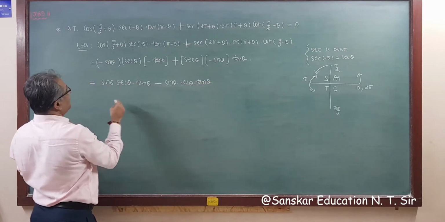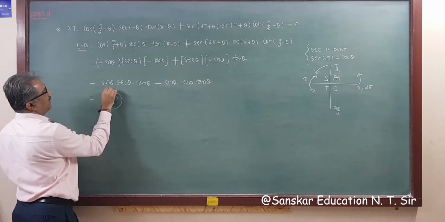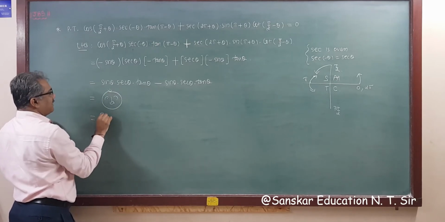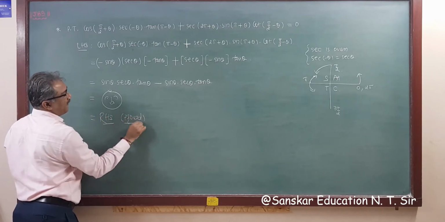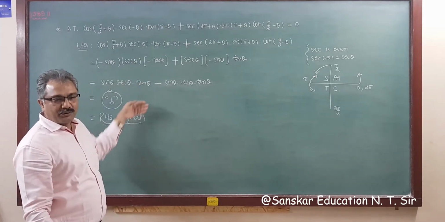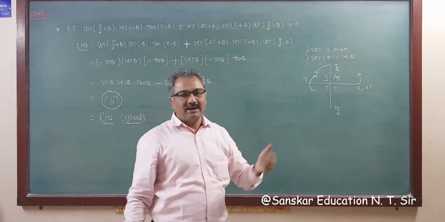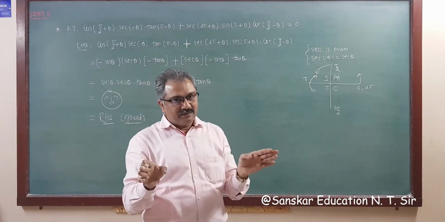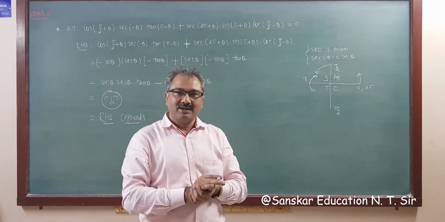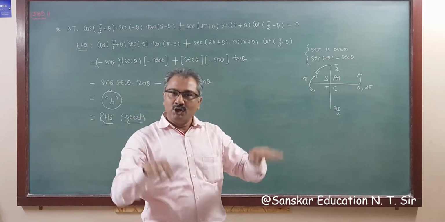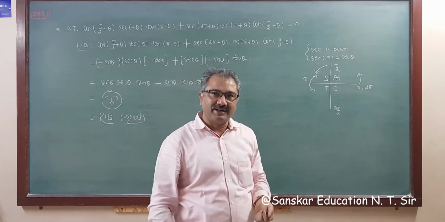So the answer of this is 0. The answer of this is 0, right? So that is your right hand side, and hence this is true. Got it? You have to do questions like this. For multiples of pi/2, sin, cos, tan, sec, cot, cosec change, and for multiples of pi, no change, and then check the sign using ASTC. You will get your answer definitely, right?